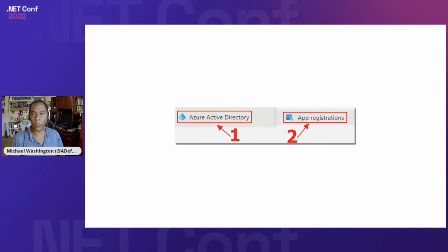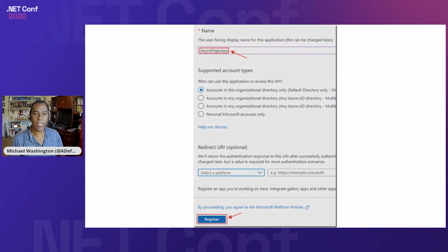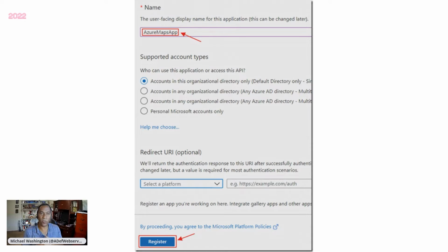The first thing we have to do is set up a service principal or an app registration. So you go to the Azure Active Directory section, you click App Registrations, you click New Registration, and you give it a name. In this case, our name is going to be called Azure Maps App. Now, I'll be using the term app registration and app principal or service principal interchangeably. A service principal is kind of like a person in Azure. So obviously it's a piece of configuration, but it's treated like a person and it's given permissions, it's put into certain groups. So that's what we're setting up.